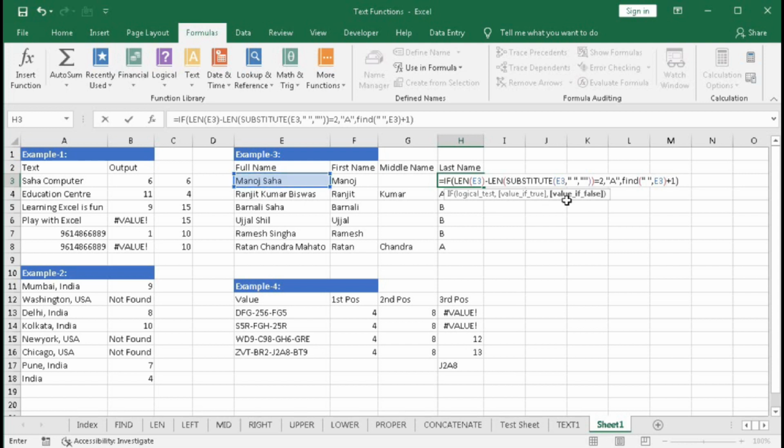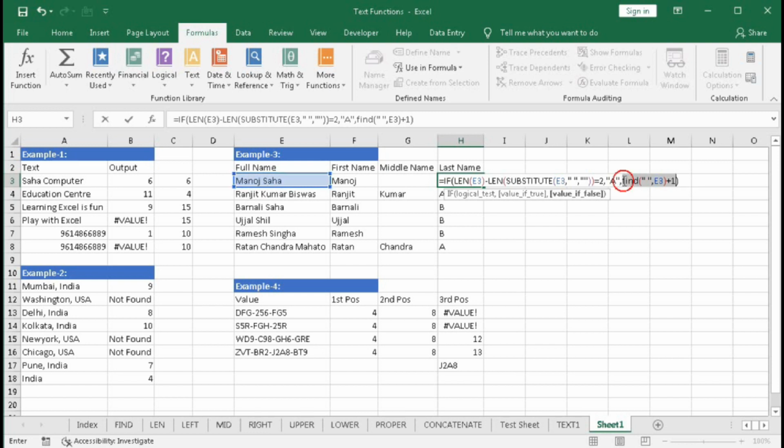So here we will get the position of the first letter of the last name. Now how many characters? So here we have to find the length of this text minus the length up to the space.